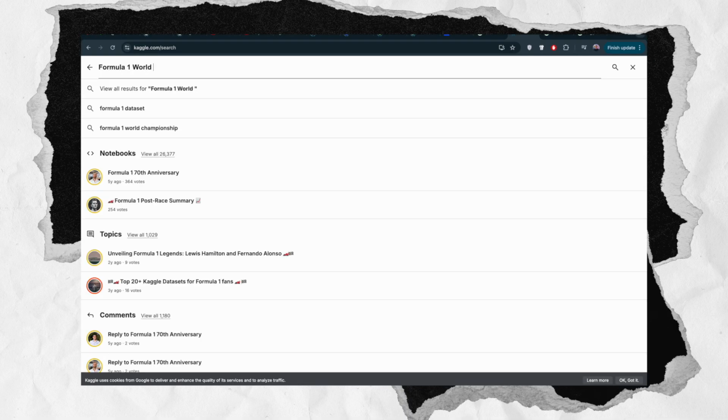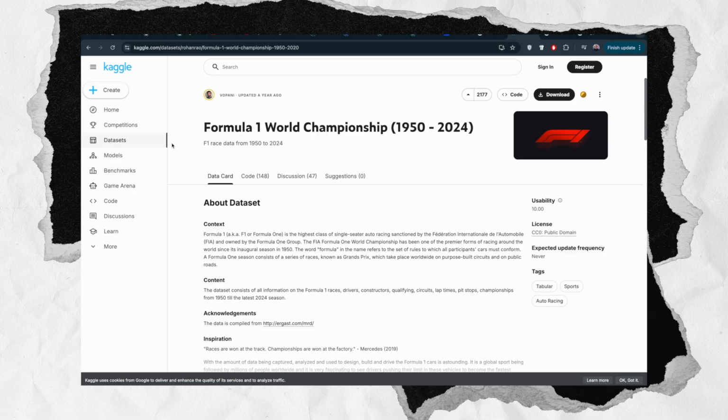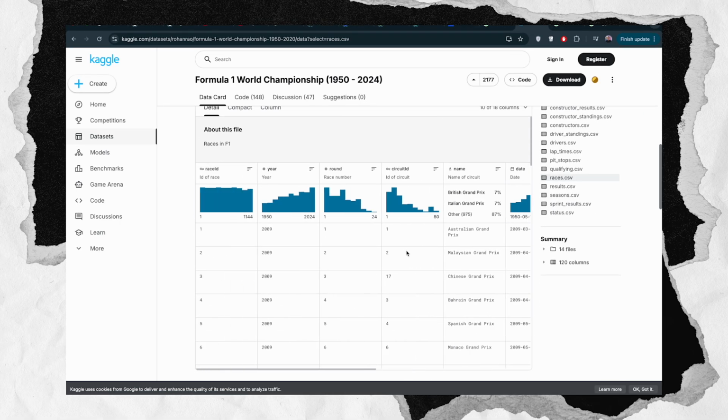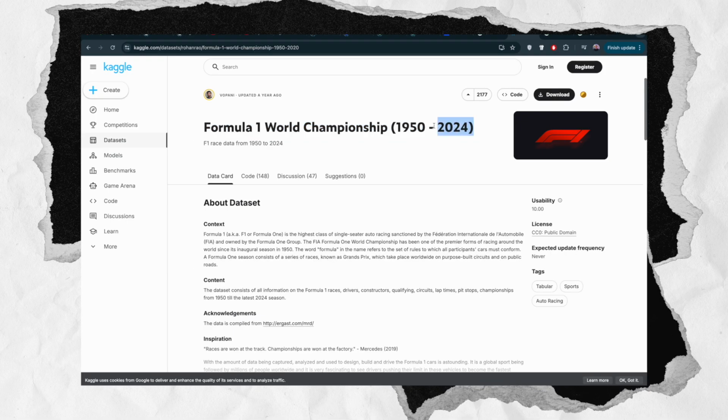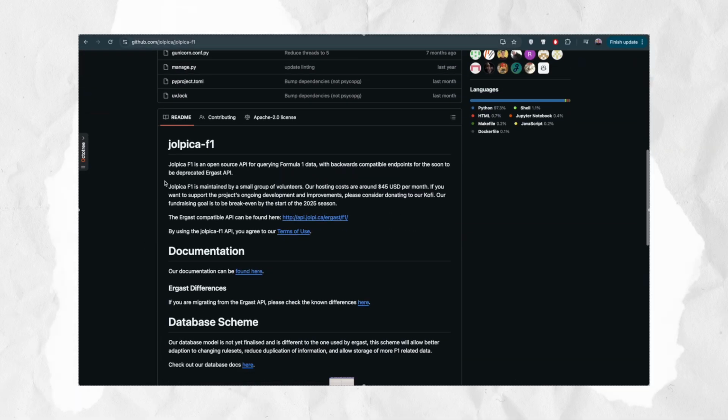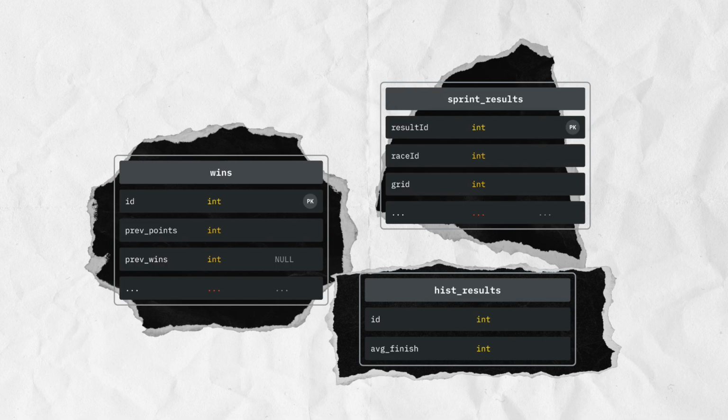So, to start the training of the model, I need to have some data. For the history, I use the Kaggle Formula 1 dataset. Drivers, constructors, circuits and past race results are also contained here. But unfortunately, it contains data only till 2024. So then I also use an API called OpenF1 to get data about 2025. As you can see, we have many tables and columns inside.